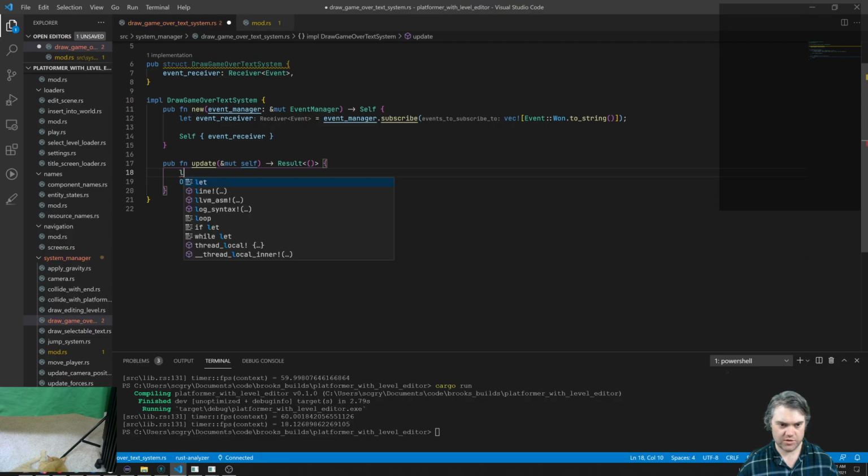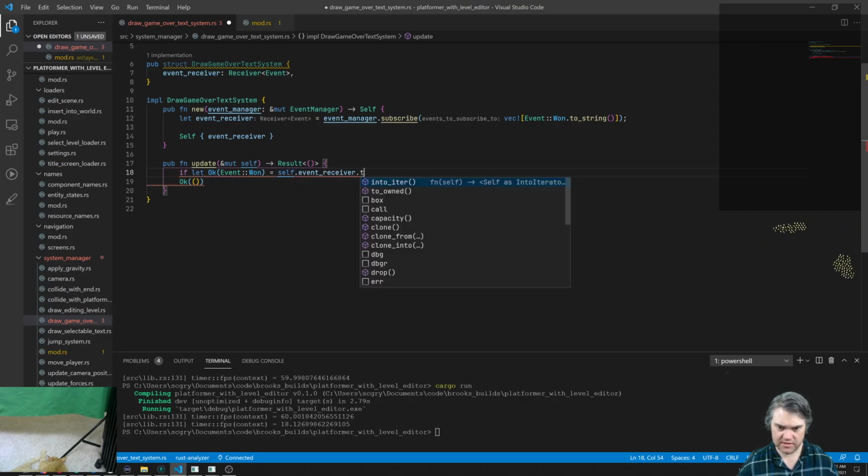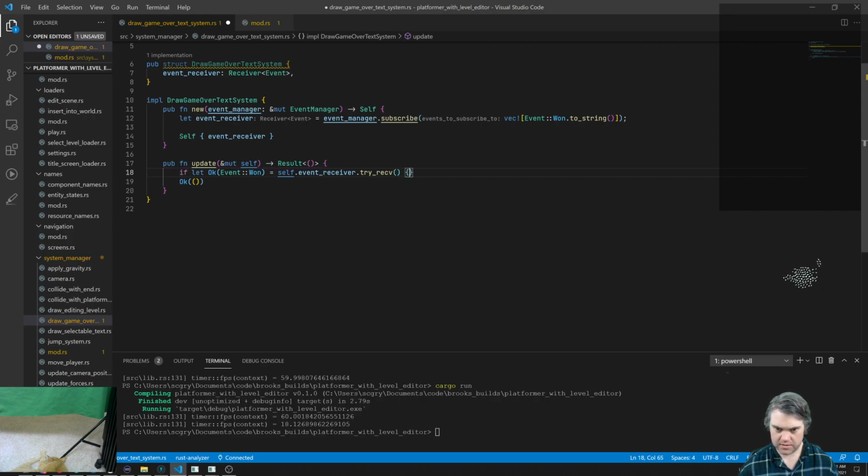All right, so we're going to do if let Ok, we're going to grab the event out of here. So if let Ok event one equals self dot recv. Okay, so if we got a one event from this,